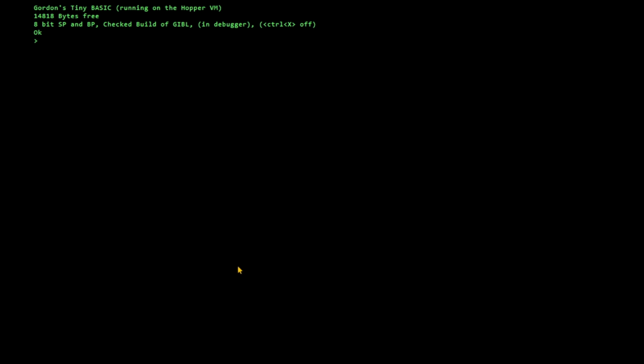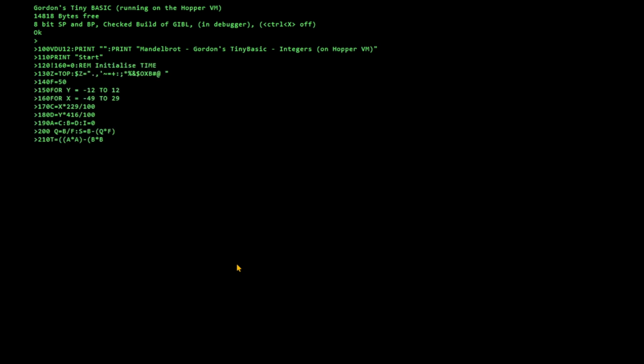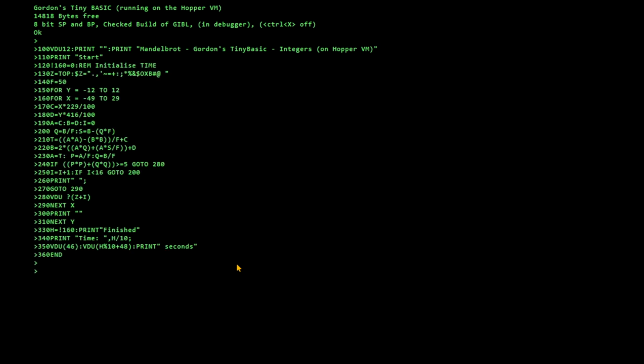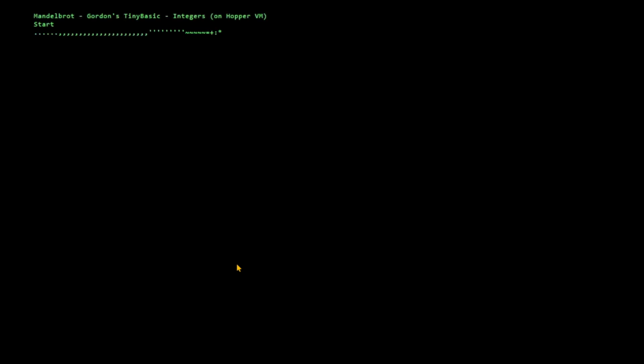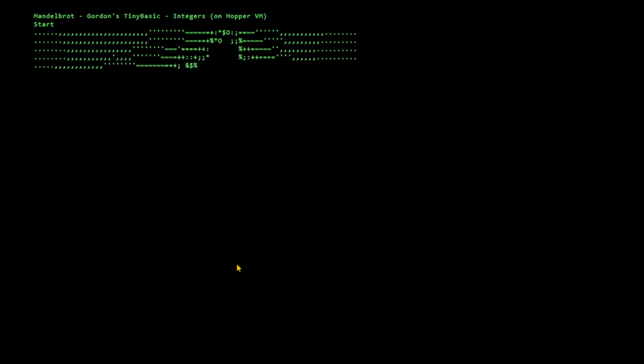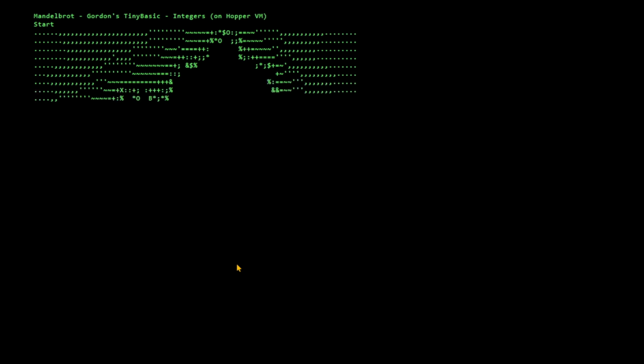I'll copy it onto the clipboard and then paste it into my console. There it goes. And this is the program we looked at last time. I'll run it again. Those little dots are tokenizing. And then it's going to draw this Mandelbrot, and it's a hell of a lot faster than it was the previous time. So what I've done is I've re-implemented BASIC as my example language, and specifically Gordon's flavor, so that